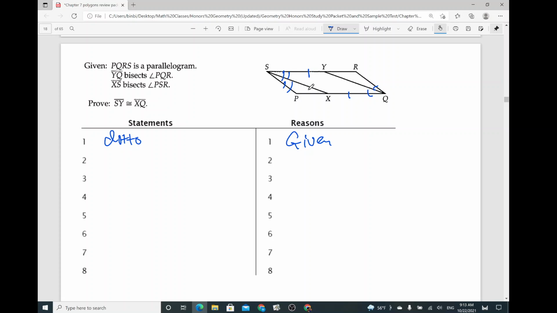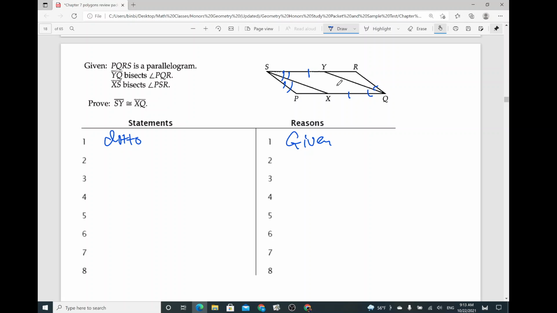There are two ways you can do it. We can prove that these two triangles are congruent. Another thing we can do is draw an auxiliary line right here, but let's just prove those two